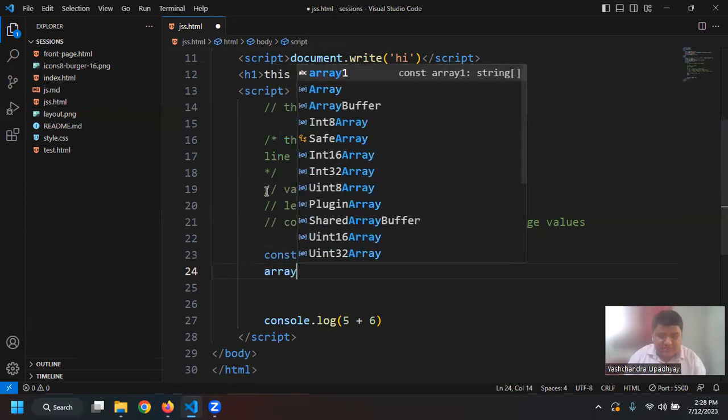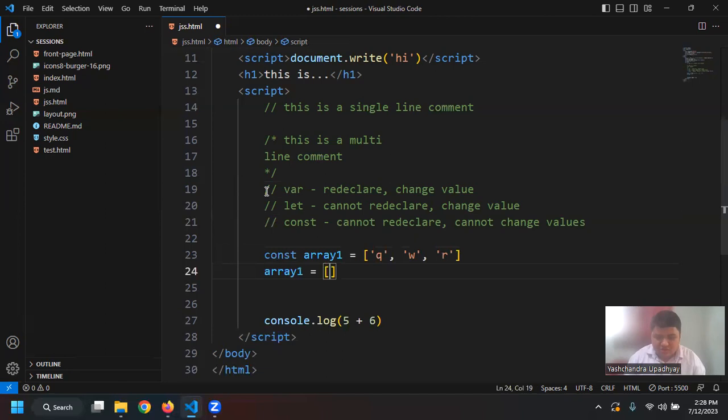So let us say if I say array1 equal to, and now if I say a, B, and then C, this is not possible. Okay, we will see this in detail with an example when I come back to the website. But just think about let, var and const like this. Basically in var you can redeclare and you can also change the value, but it is not a good thing to use var